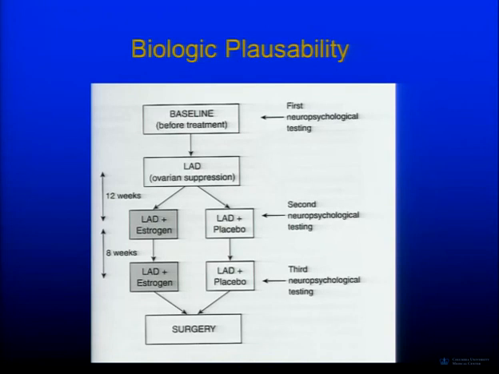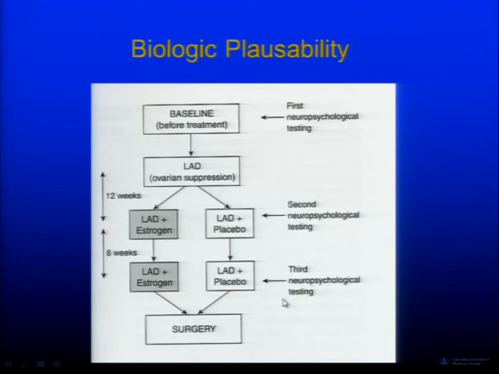Well, someone actually set out to do an experimental study, where they tried to think, how could it be that estrogen really could alter the risk of Alzheimer's disease? Is there any truth to estrogen impacting the ability to take neurologic testing? This was looking at cognitive function. Barbara Sherwin did a lot of this work earlier. They had people at baseline, and they did their first psychologic test. Then they gave them a drug that basically suppresses their ovaries and takes away their estrogen. In some, they gave them back estrogen, and in others, they gave them a placebo, and they did another psychological test, and then did it a little bit further out.